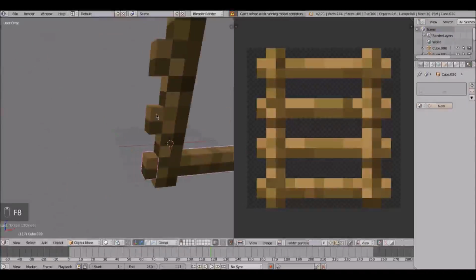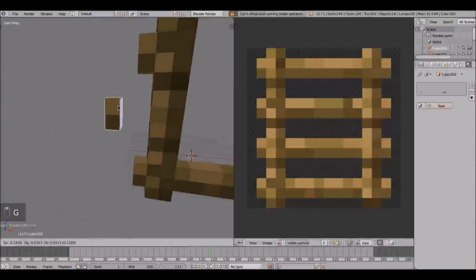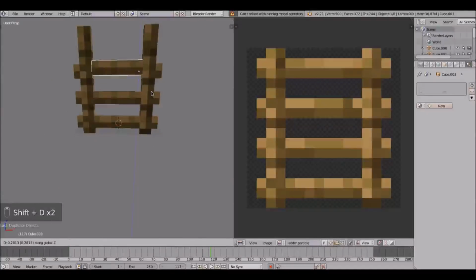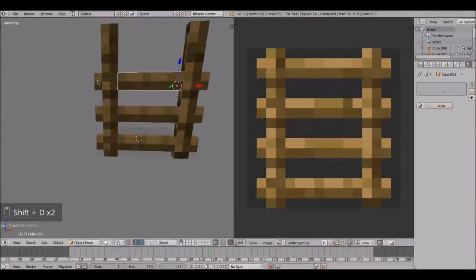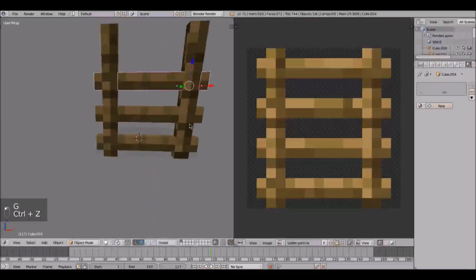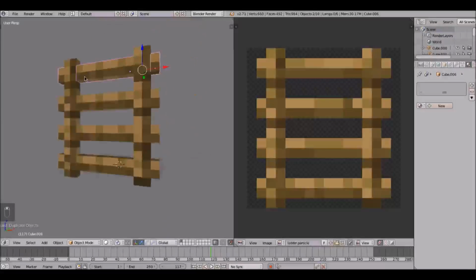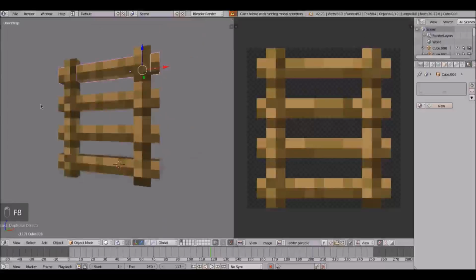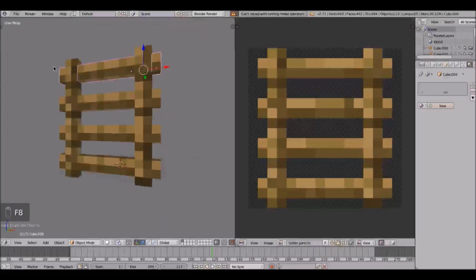And there's really no point in doing these sides because you usually don't see them, and I think that we have to add one more thing, but I'm just gonna duplicate these up. No, wait, not that. And there we go. So now file, export,